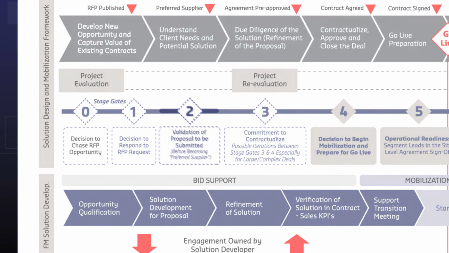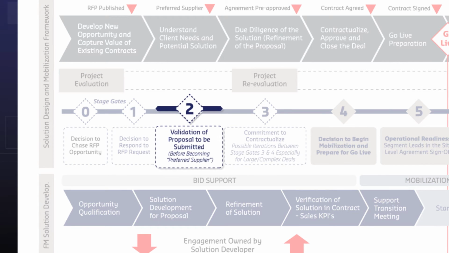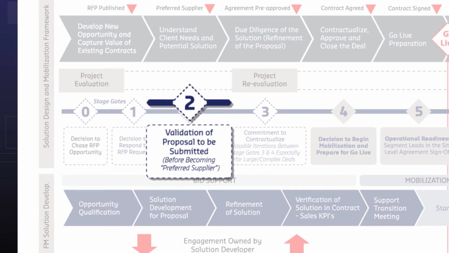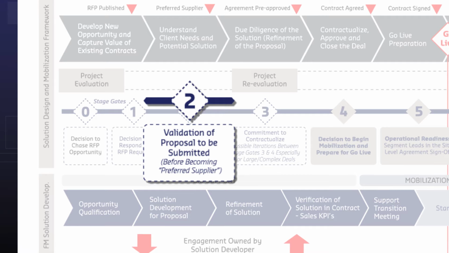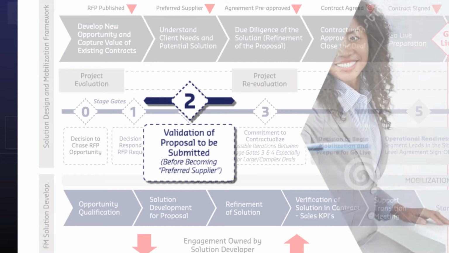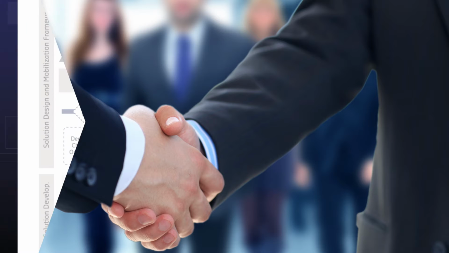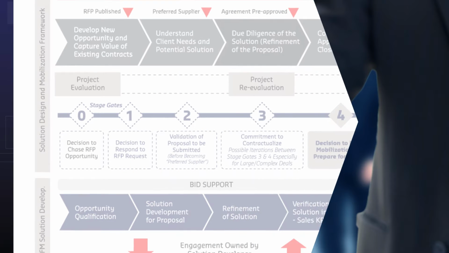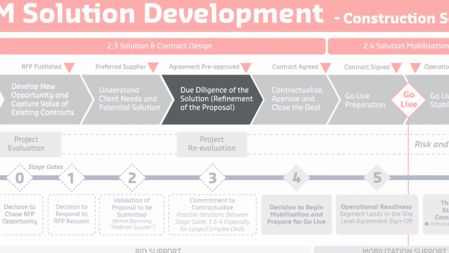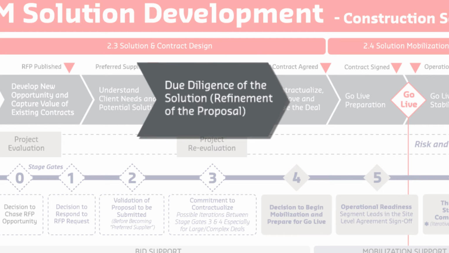The next decision point requires the segment to review the analysis from all parties involved and determine if the information submitted justifies submitting our proposal. If after measuring the risk and reward, the segment decides to proceed with the proposal, then we submit our proposal. If the client selects our initial proposal, we move to the next step in the process to conduct our final